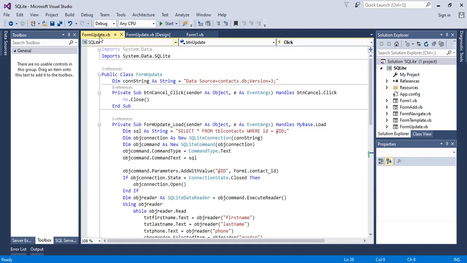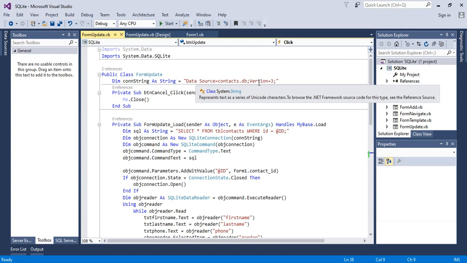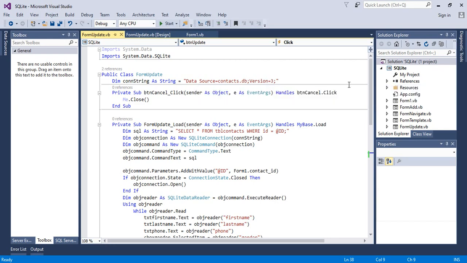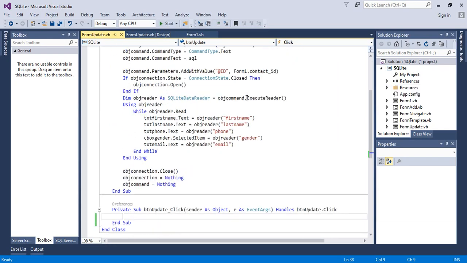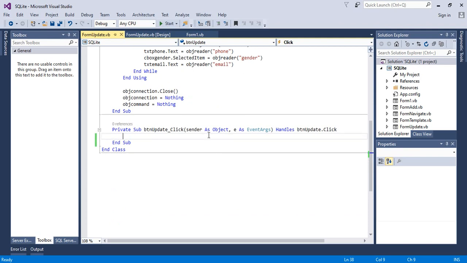And on top of our update form, we imported the System.Data and System.Data.SQLite libraries, and also we have got the connection string that we used, and it has got our data source, which is the contacts database, and also we are using version 3 of the SQLite database. And therefore, first things first, I will write the SQL statement for updating information. I'll call it SQL update as a string